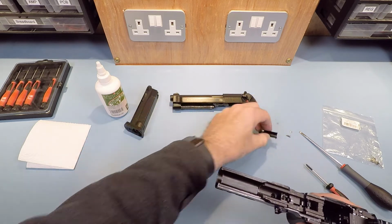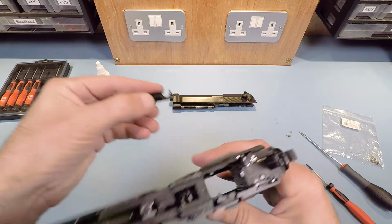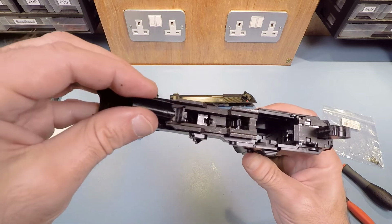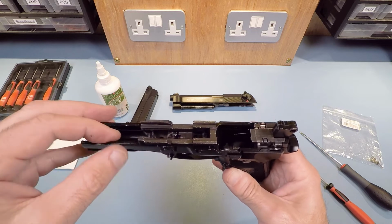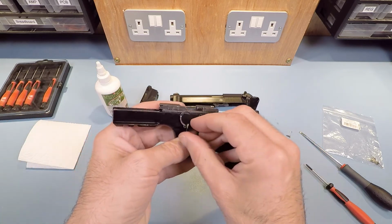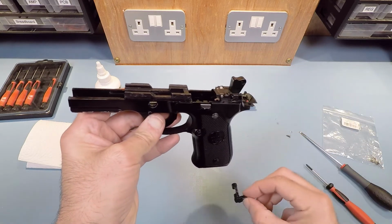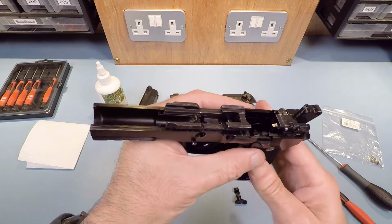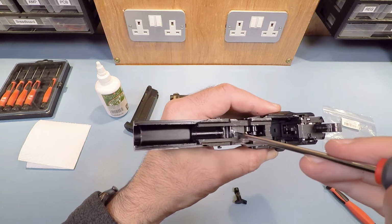So we have the little plastic housing. So again, you want this thing to have the cutout here aligned obviously with the... oh, I think we may have obviously jumped the gun a little bit, so I think I might have to remove, yeah, okay, so I'm going to have to remove this cam again. Sorry, I went a bit too far forward there with that one. Just take that out a second. So slide a little plastic housing in. You need to make sure it stays flat and then pushes up, so it just seats there,